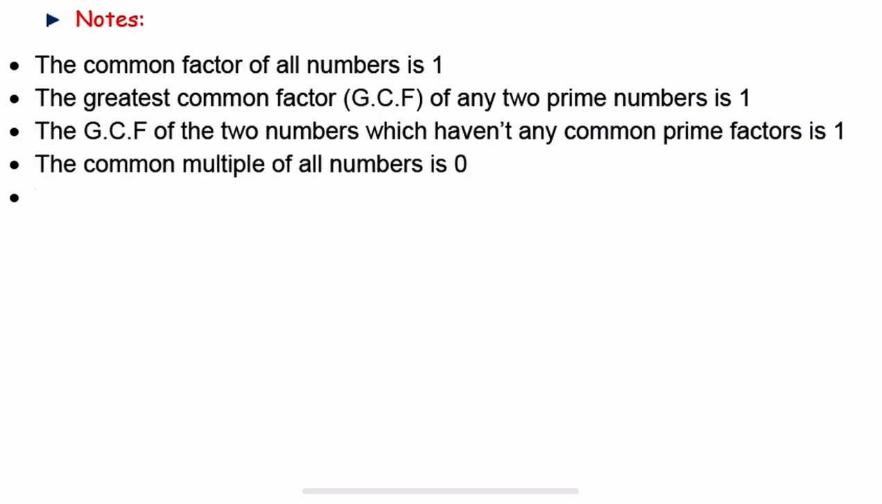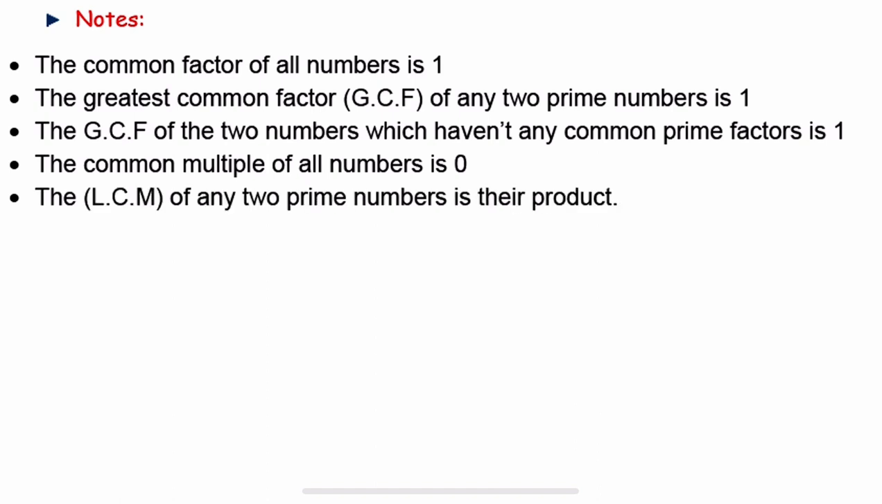A common multiple of all numbers is 0. So the common factor is 1 and the common multiple is 0. Finally, the least common multiple of any two prime numbers